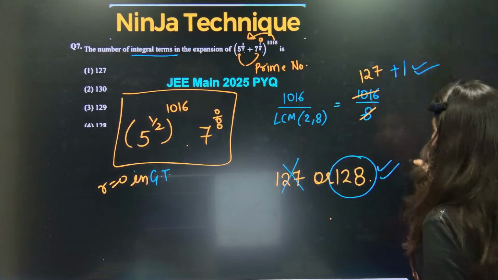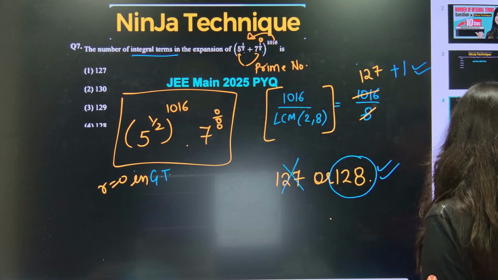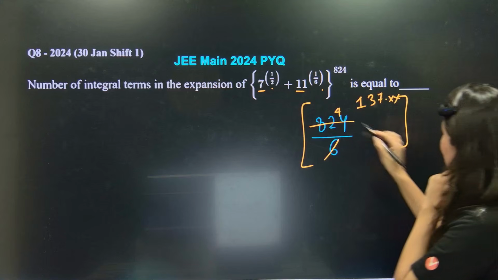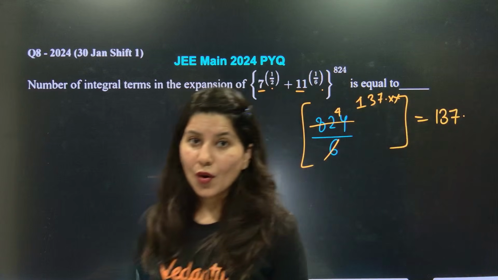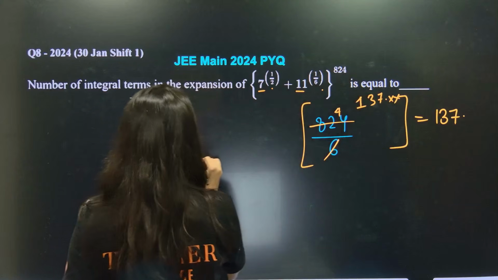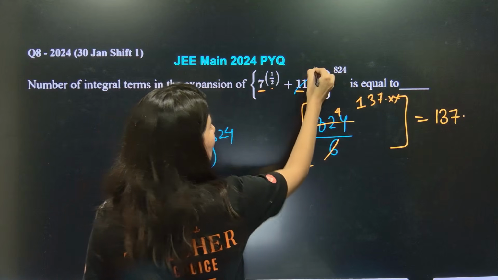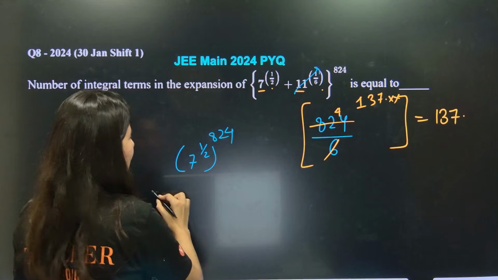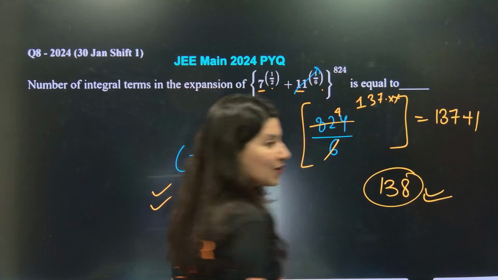Let me just go and mark GIF. Yes, this should be a GIF value. Here also. In the previous question it was not required because we were getting an integer. So 137. Now, whether to add 1 or not will depend on this. Again, 824 will be the power of this, and power 0 will be gone. So yes ma'am, this is actually an integer. So yes, you have to add 1. So 138 is the final answer of this question.